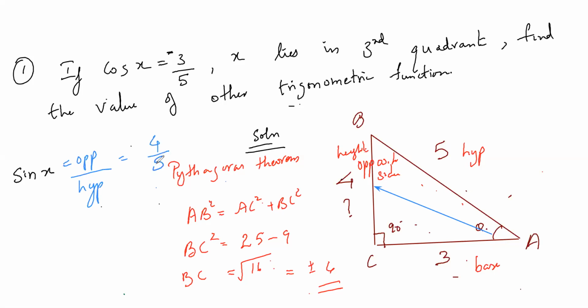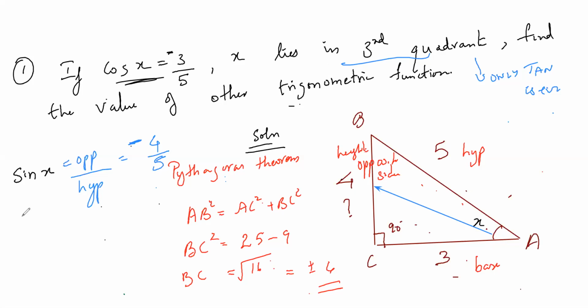But guys, we are talking about third quadrant. In third quadrant, only tan is positive. So we should just put negative 4 by 5. Okay, negative 4 by 5. Clear? Next thing is cos x. Either you can put theta here or x also. You put it as x here because we're dealing with x.